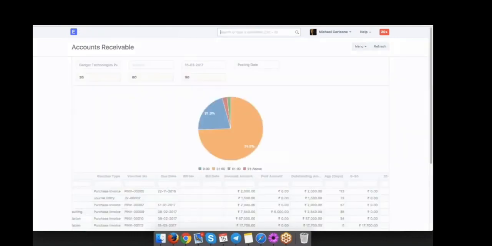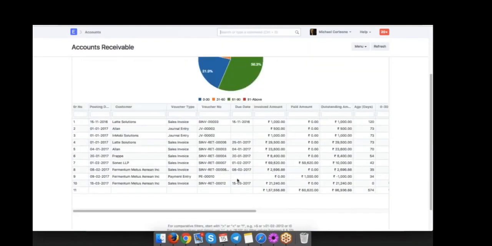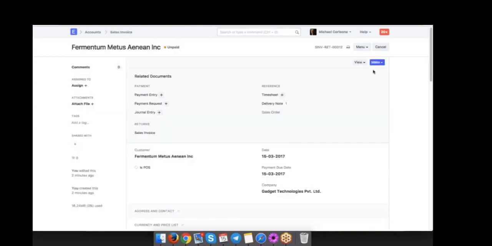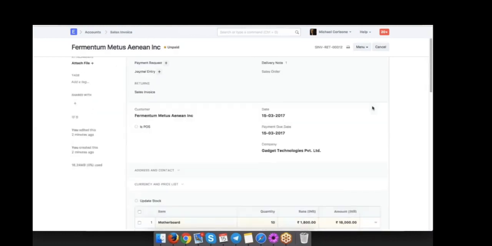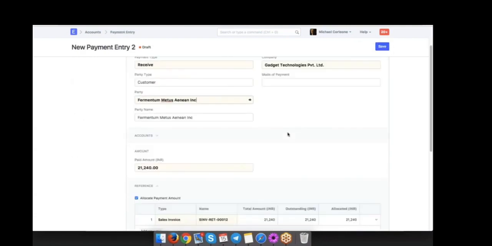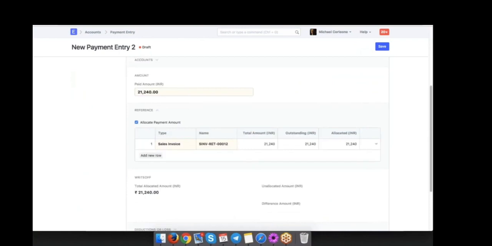accounts receivable report, we see this sales invoice is reflected here with the amount. Invoice amount is this, paid amount is 0, so the total amount is outstanding. So let's assume that we received payment from the customer, so we'll make a payment entry. Now in here I would like to emphasize a bit more on